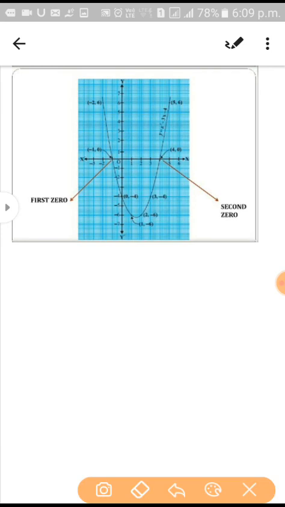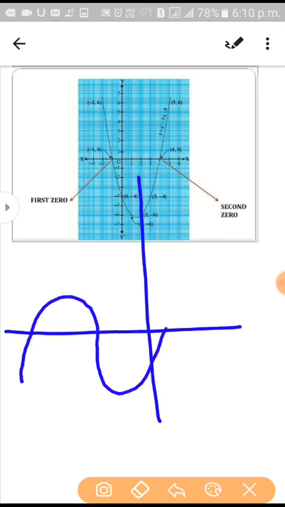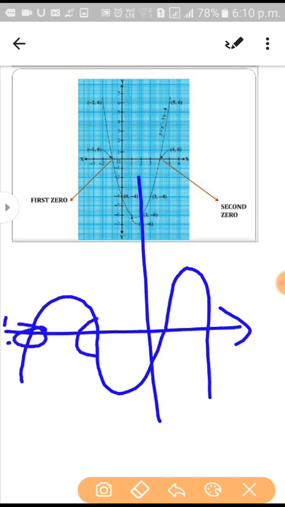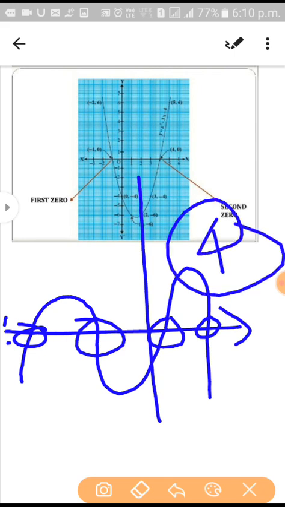Similarly, if I take a graph like this, see how many points it intersects the x-axis at. 4 points. So the degree is 4. If the degree is 4, then which type of polynomial is it? A biquadratic polynomial. Okay, all the